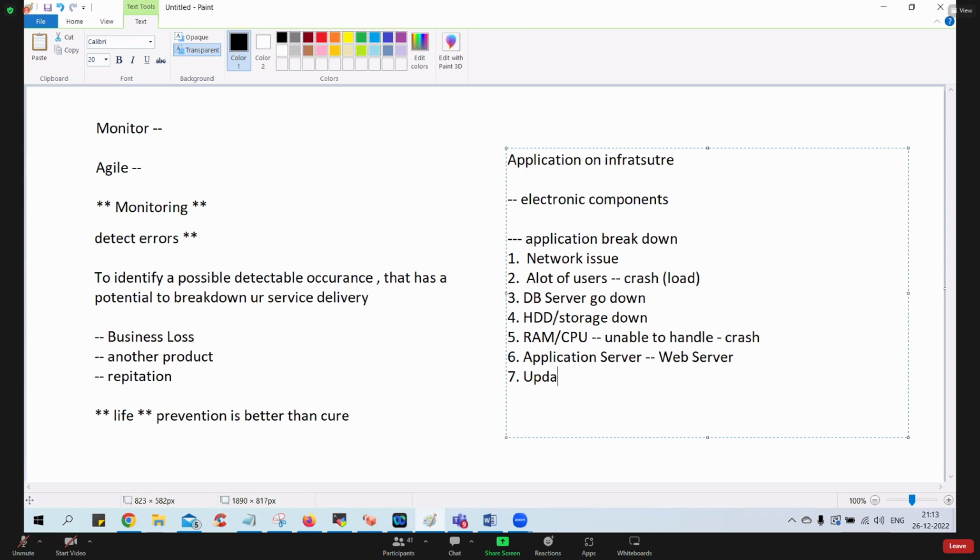So operating system updates, guys. This is all you learn only when you work. See, operating system updates. Sometimes the server is there, and imagine some OS updates are coming. So that OS update sometimes will mess up the application that is working on it. This is also possible. Eighth one. So application dependencies can also mess up the application.